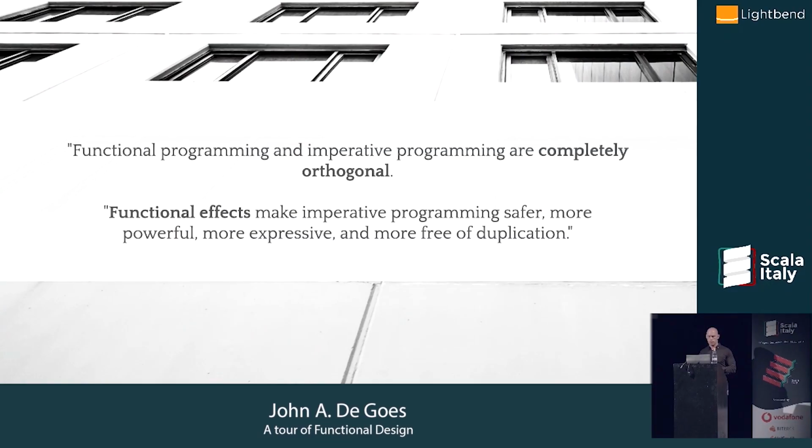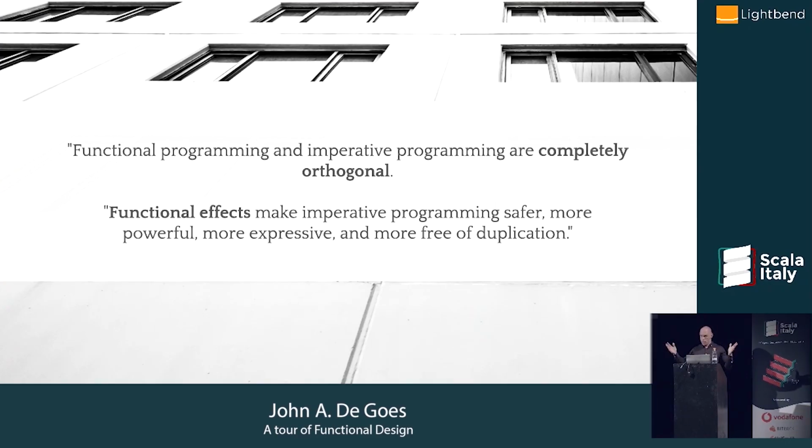But first, before I do that, I want to say something that is not said enough, in my opinion. And that is that functional programming and imperative programming are totally orthogonal. They don't clash in any way. They are totally different axes. So on one axis, you have functional programming up here and procedural programming down here. That's a legitimate axis. Functional programming and procedural programming are diametrically at opposite ends of the spectrum. Functional programming is all about programming with values and functions, and procedural programming is all about programming with side effects.